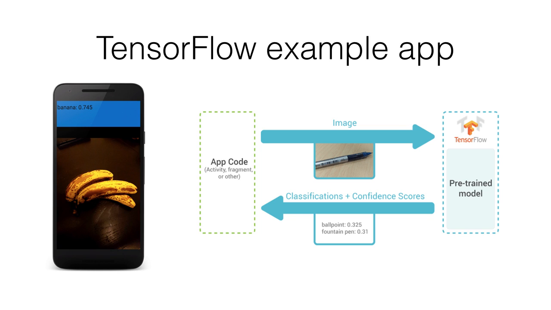Here's an overview of what the app is doing. We've got a screenshot of it there on our left, and basically it shows the camera input and outputs the guesses for what it's looking at. And the way that works is we have some Android code, which is used to drive the camera to take the images, and that feeds them into the C++ code, which is using the TensorFlow library to load and evaluate the Inception model. The C++ code, after it's run the model, returns out the classifications and their confidence scores, and they're shown in the Android app UI. So, without further ado, let's move over to our demo.